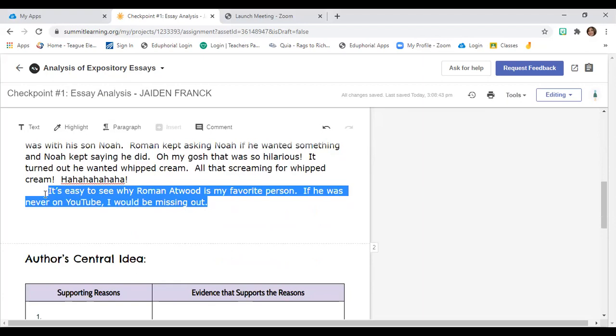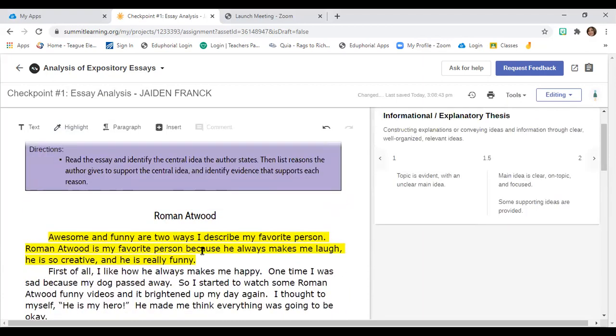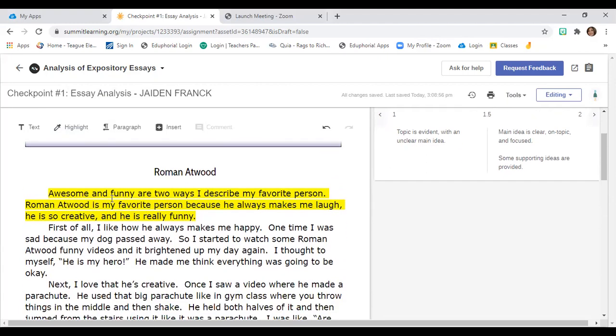Let me highlight my conclusion. I click on the highlight. Okay, so now I see my introduction is highlighted. Remember that in here, your goal is to find the central idea that the author states. And the central idea, you're going to be highlighting it with purple. So make sure, like in this paragraph, you find